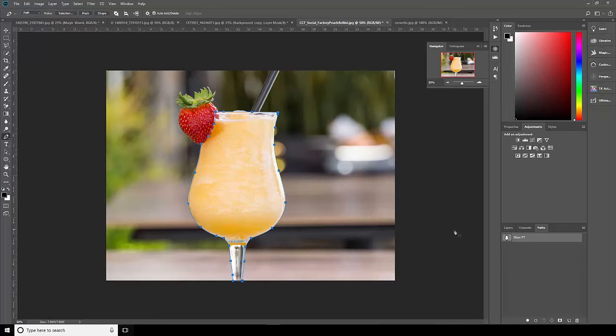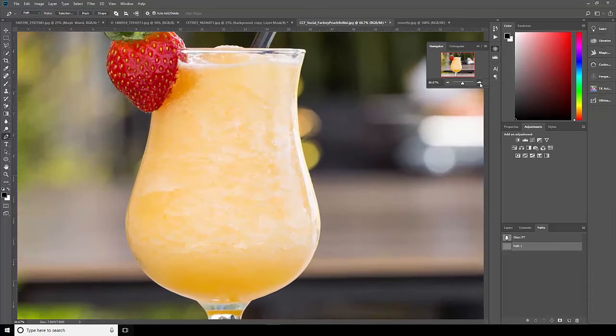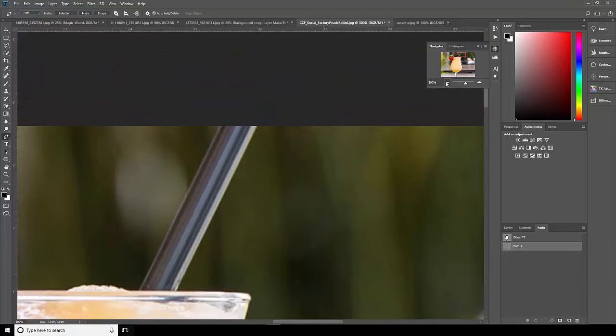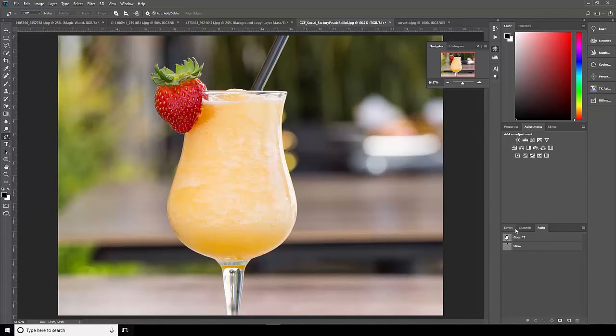Now that I have this glass set, if I wanted to go ahead and add a new work path, and this time let's say I was going to do the straw. So in this case, I could go over here, grab the pen tool, make a point. Since this is straight, I don't have to click and drag. It's just a click and drop. And then close this guy off. And see now right here, I can double click this one and call it straw. So you can continue to make masks this way, make paths this way,